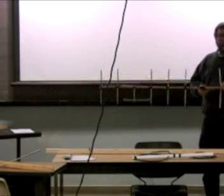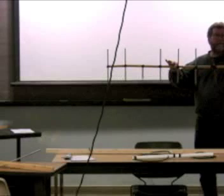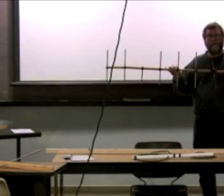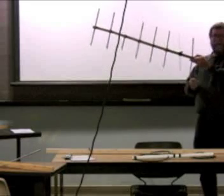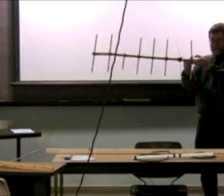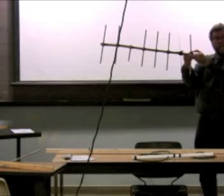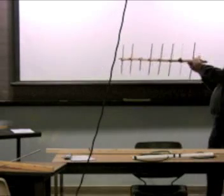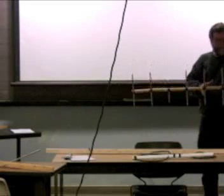To get another 3 dB gain, we've got to double the number of elements. So we'd have to go out here to 4 elements. That gives us, theoretically, a 6 dB gain antenna. And now the half-power points are approximately 45 degrees. So if I'm peaked here, 45 degrees over this way, it'll drop off by about half, and 45 degrees this way, it'll drop off by about half. This antenna, now to get another